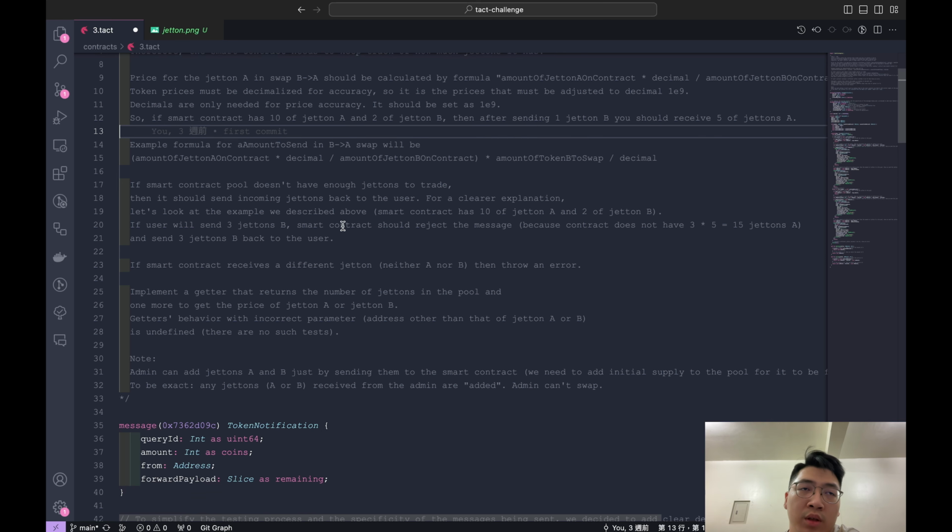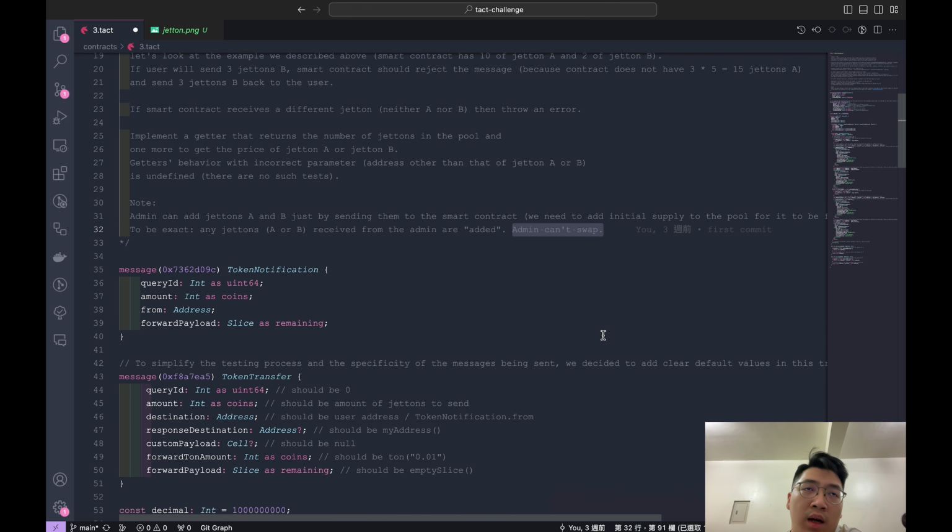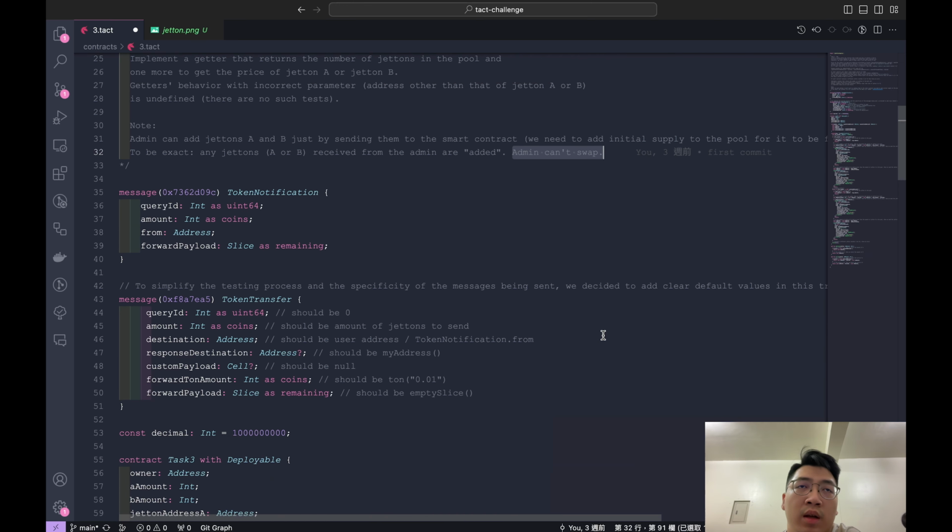If the smart contract receives a different Jetton, neither A nor B, then it will throw an error. And any Jetton A or B received from the admin are added. Admin cannot swap. Before we start explaining task 3, let me give you a quick rundown on how Jetton transfer